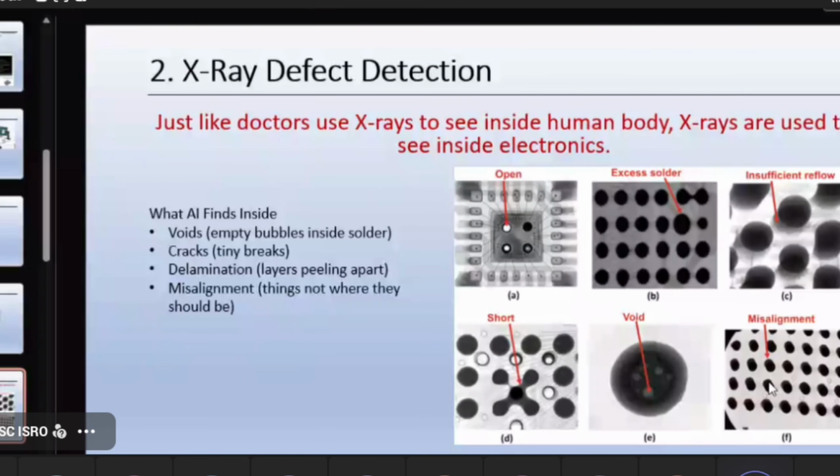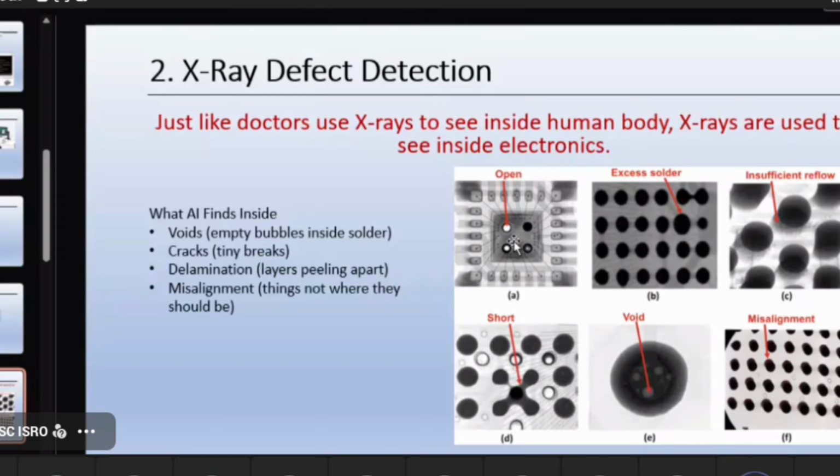So we go for X-ray defect inspection. If you have seen a typical X-ray, what does it show? It shows your bones. Why bones? Because your bones are mostly metallic. Our electronics also involve what? Copper, aluminium, gold, right? So these are all metals. Alloys like solder alloys are also metals. If we see them through an X-ray, we will find that other things are either translucent or not at all visible in the X-ray. So we are able to focus on our interest points.